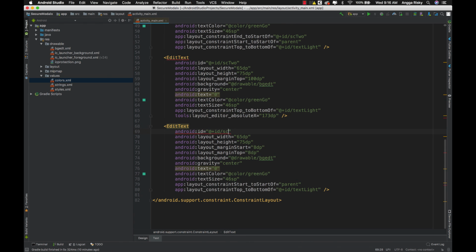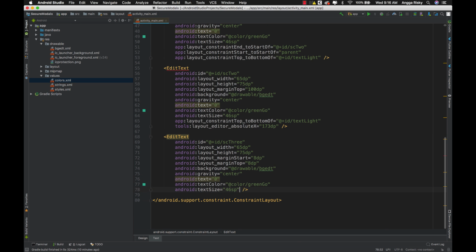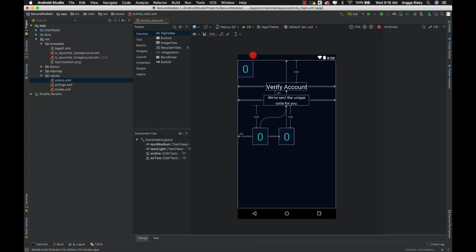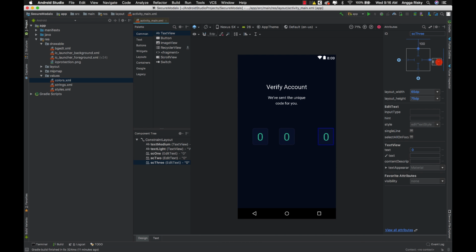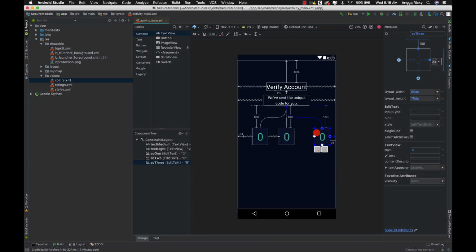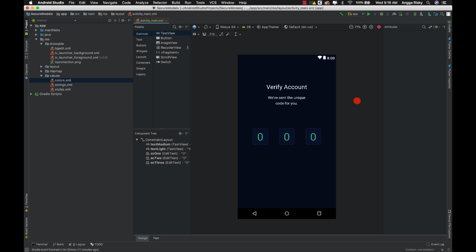Okay, and after that I just want to do the last step, which is to duplicate and change this one, and then I'm able to repeat my steps. Okay, this is 100, and then we have to move over here, which is about 24. No, sorry, 24, and put here. Okay, looks amazing, right?